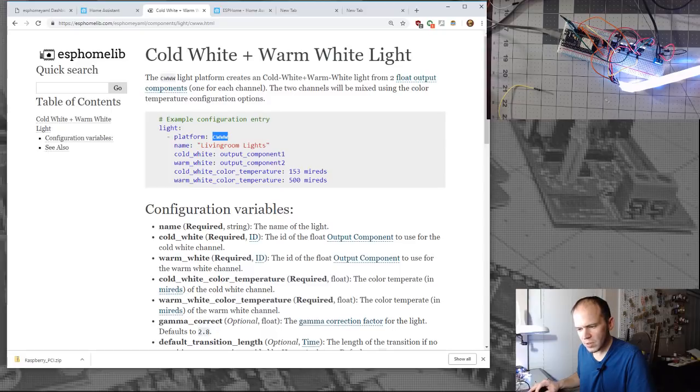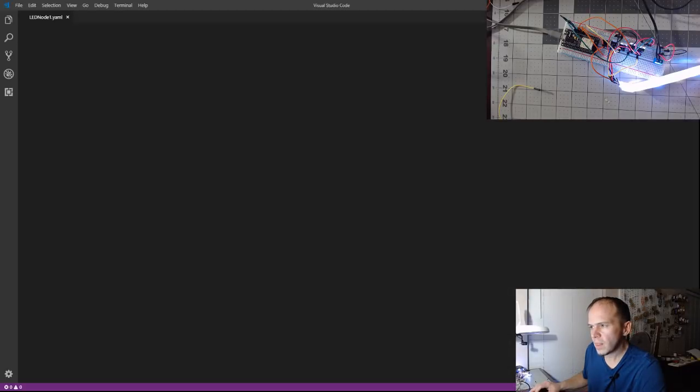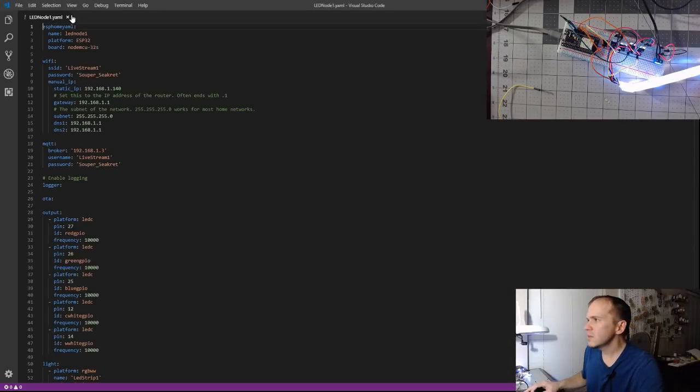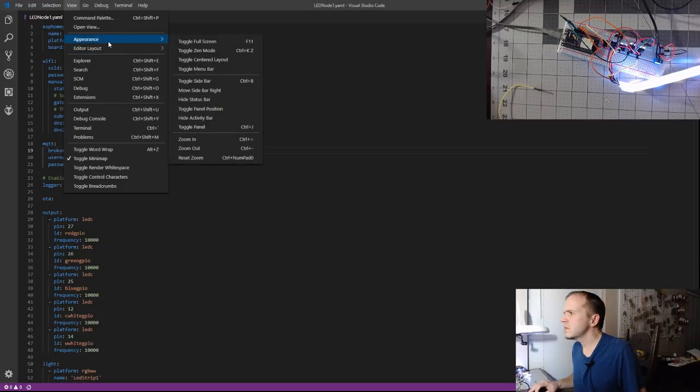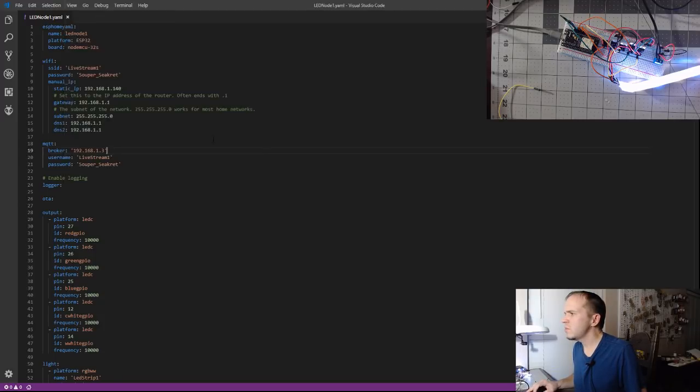All right, did I close? I sure did. So it looks like, can you make the font here bigger easily? Zoom in, Control plus equals.